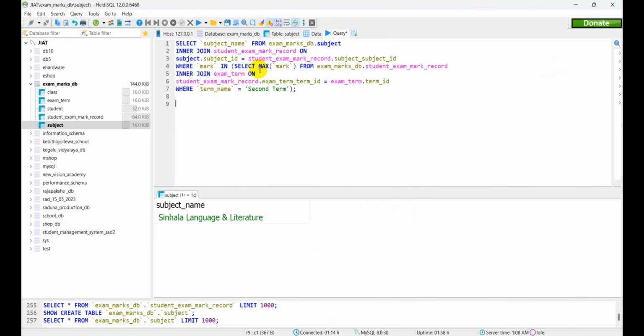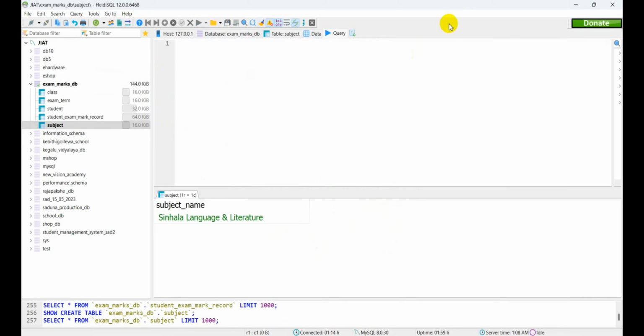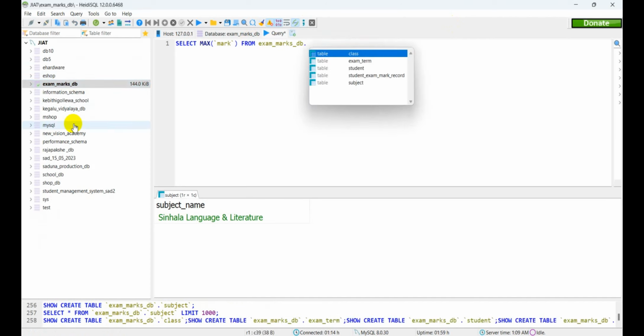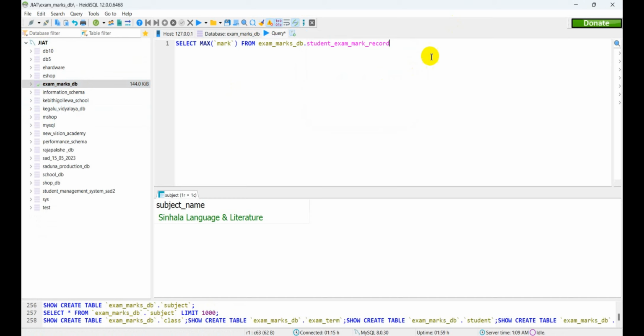Select max mark from exam marks db dot student exam mark record, we will inner join